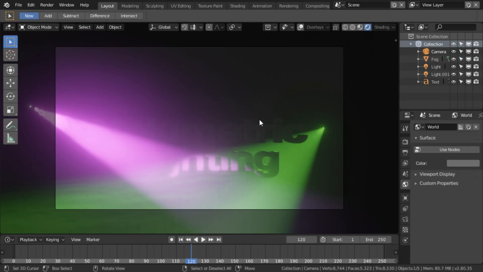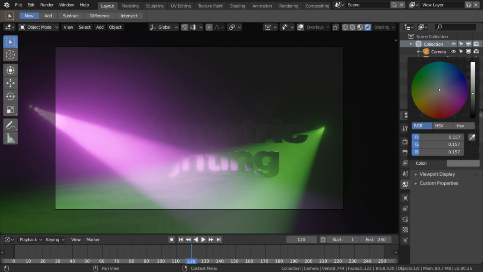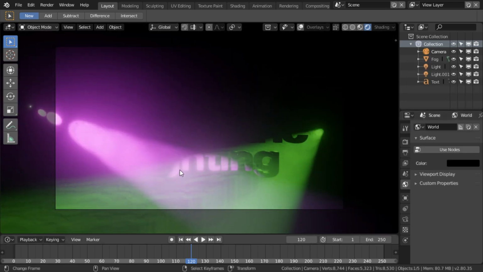Well, yeah. But there are a few limitations. We can't light it with an HDRI for a start, and we can't light it with a sun either. We're limited to spotlights, point lights, or light bulbs as I prefer to call them, and area lights. This also means that once we go to the world settings, we have to set the colour of the world to black. And if we render a frame now,